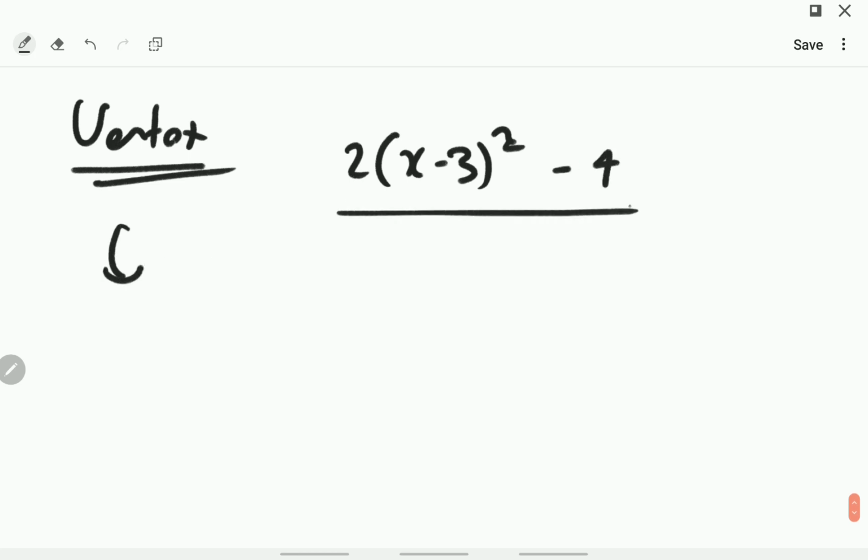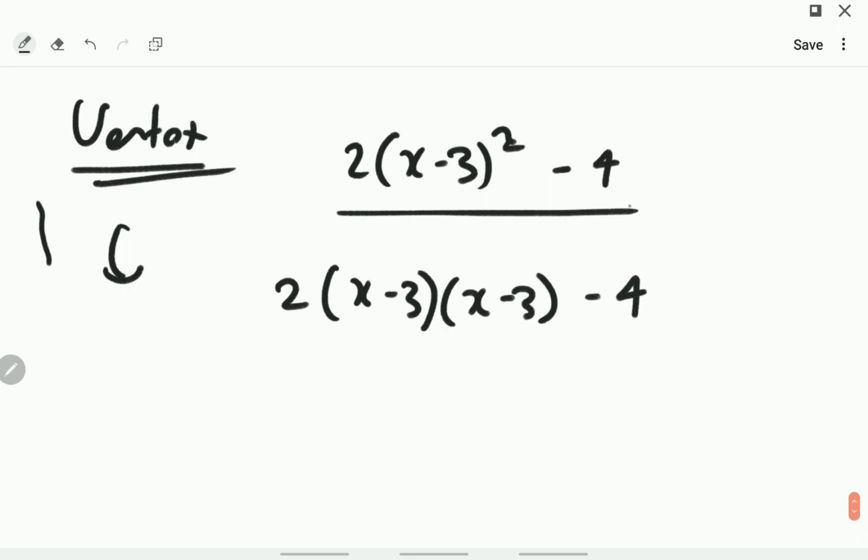Let's get it into the general standard form. So that's just opening up all the brackets and all that good stuff. So 2, well, let's write (x minus 3) twice, minus 4. Okay, so now let's multiply